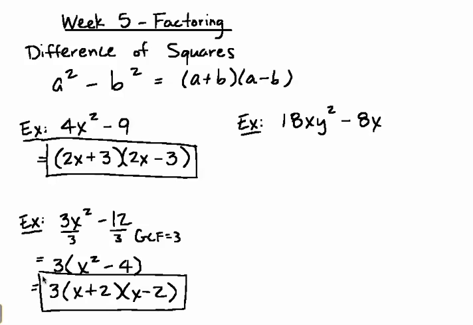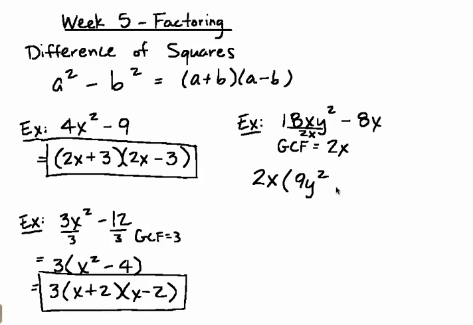And then in our last example, 18xy squared minus 8x, again, you do not have perfect squares, so check to see if you have a GCF, which you do. It will be 2x, because 2 is the largest number that can be divided into 18 and 8. And x is also in the GCF because it occurs in both terms. So we factor out the 2x, and we have